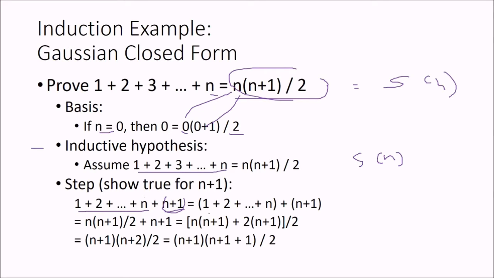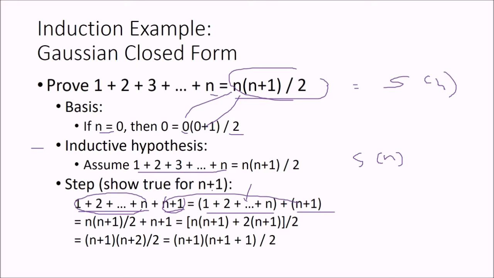So what formation can we have? We can have 1 plus 2 plus dash dash till n, and we add n plus 1 here. So we try to partition it. This 1 plus 2 till n is one partition, and the added n plus 1 is another partition. But we are aware of what this is.